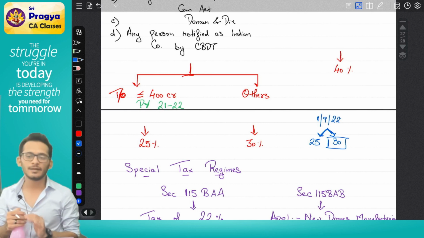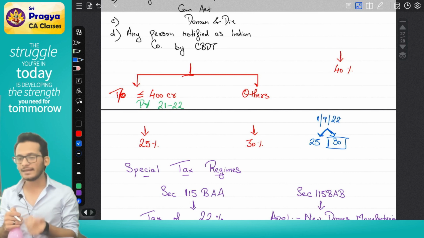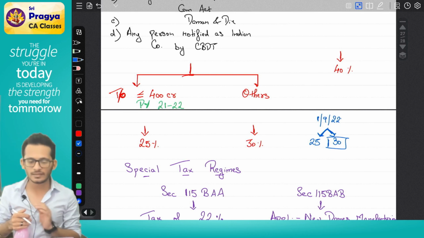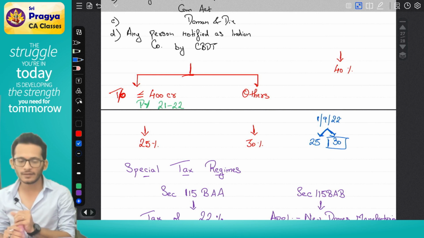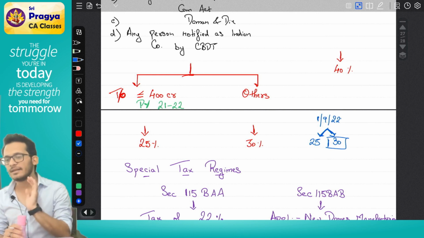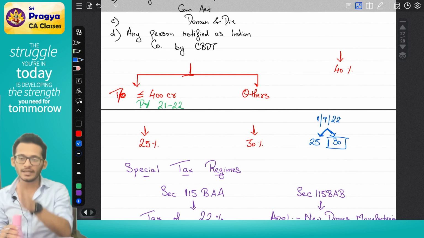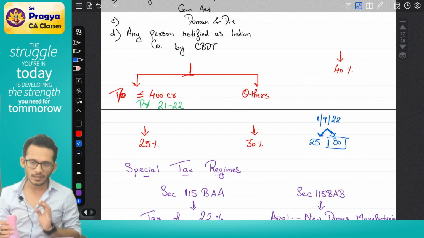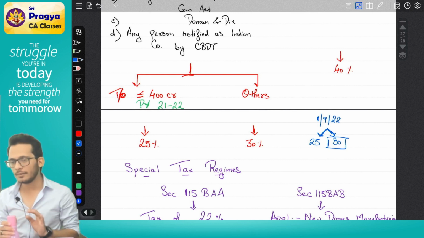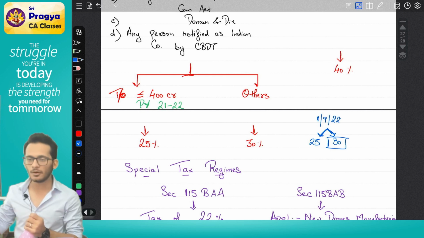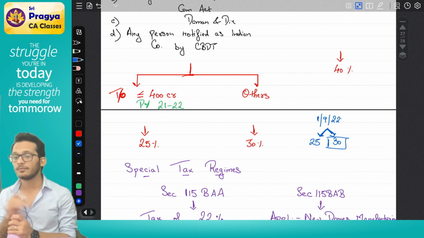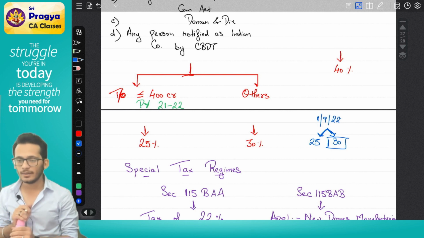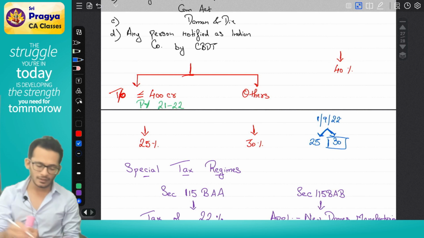The reason I'm telling you this is that in case a question like this comes where your company is not even incorporated, for the first year the tax rate will be 30% only as per ICAI. In the practical world it will not happen. Because think about it: you're telling me that for 21-22 turnover is not there, so for 23-24 you're telling the tax rate is 25, you're telling the tax rate is 30. Now in 19-20,